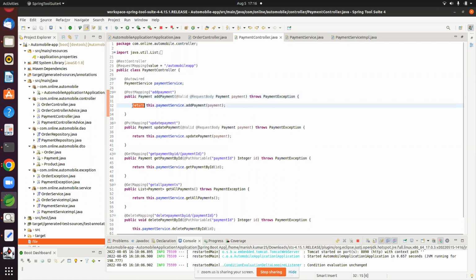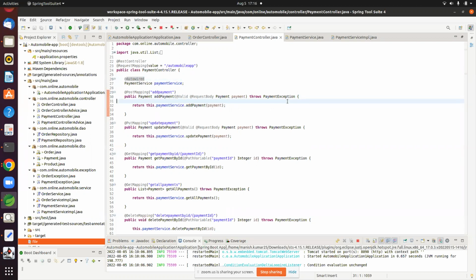Who will throw that exception? The JVM. The JVM will throw it? That is a custom exception, right? Payment exception. Yes, sir. From the service layer, I have thrown the exception. Correct. So it is not thrown by the JVM. Correct? You are throwing it. Okay. Get into the payment method. Okay, sir. Payment service.